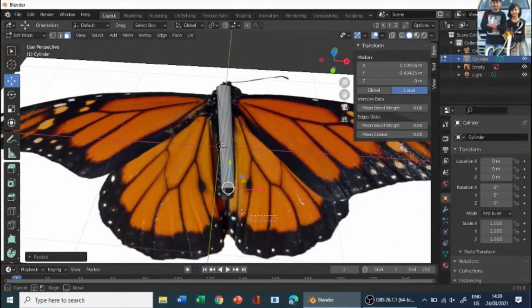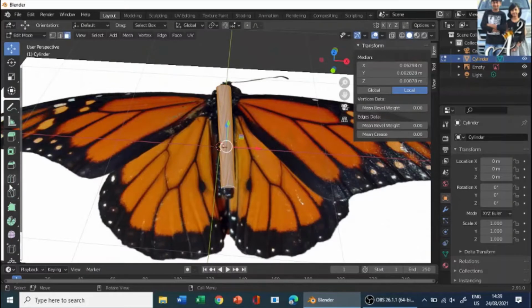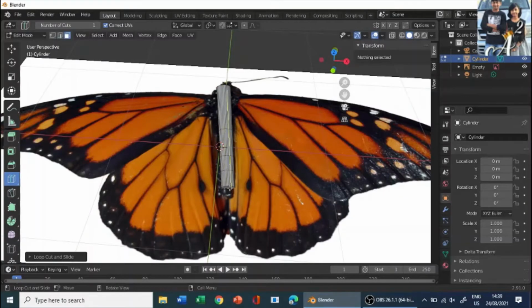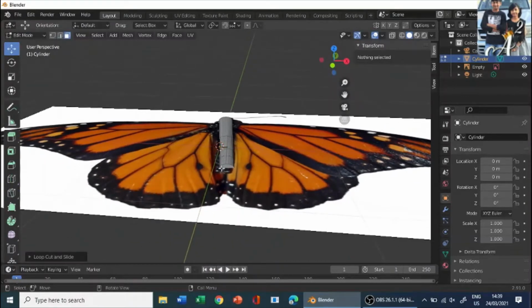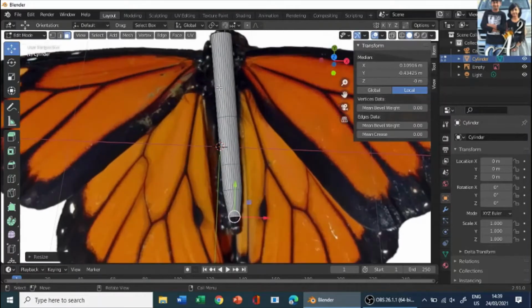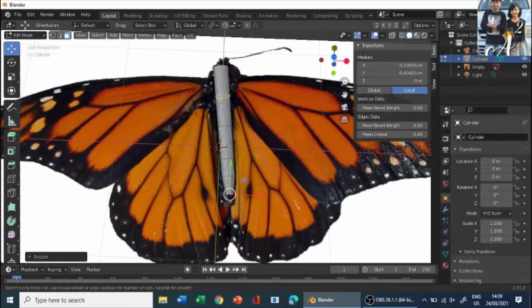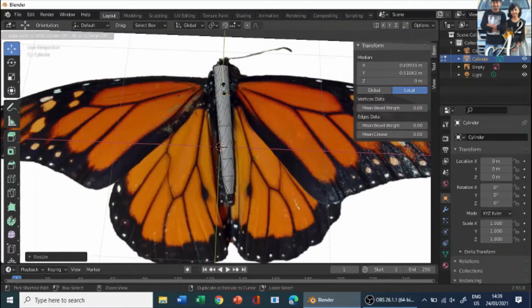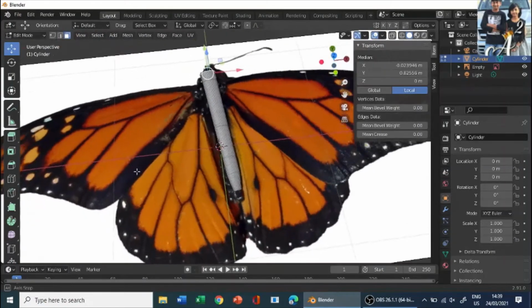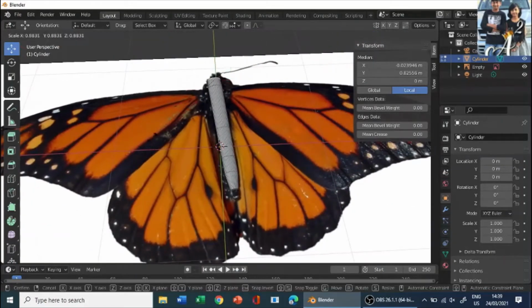Or what I'll do is select all, go here and insert a loop cut. The shortcut for loop cut is Control R. Let me add a loop cut over there and over there, so that when I go to face select and go to this view and press S to scale, only that part gets scaled up. So Control R to add a loop cut. Let us add a loop cut over there first and move it over there. Now let's go to face select, go to the other side of the face, and scale it small.